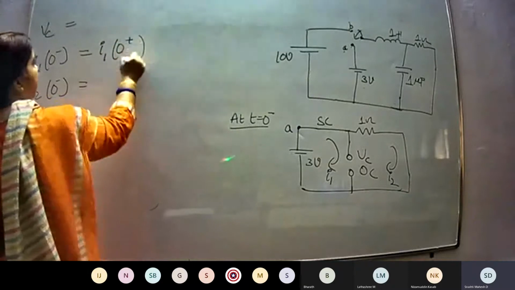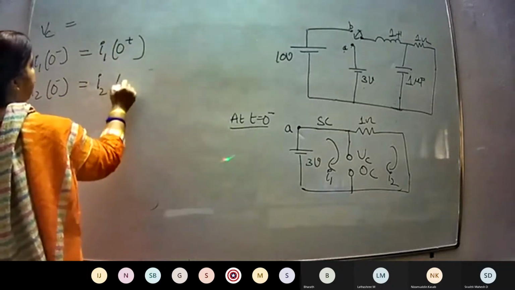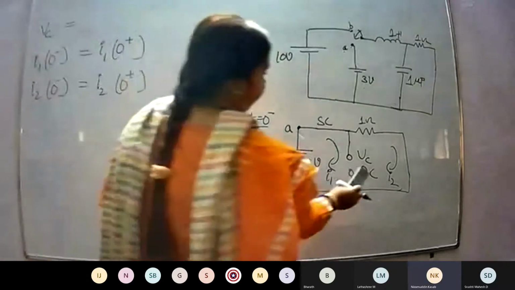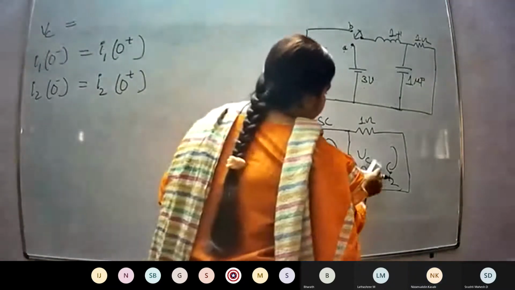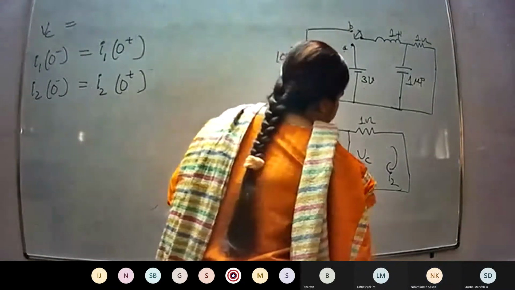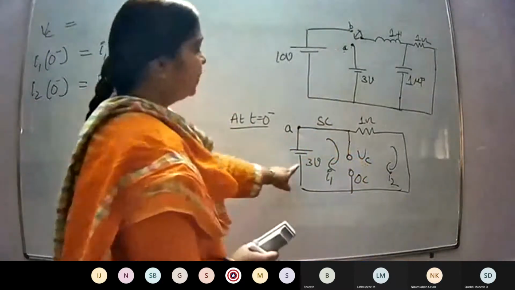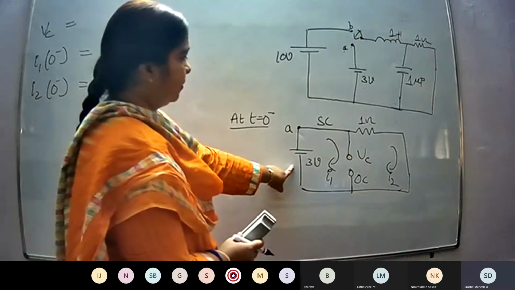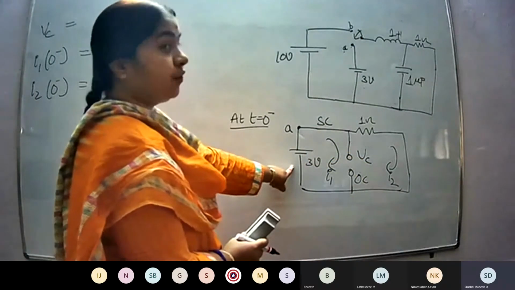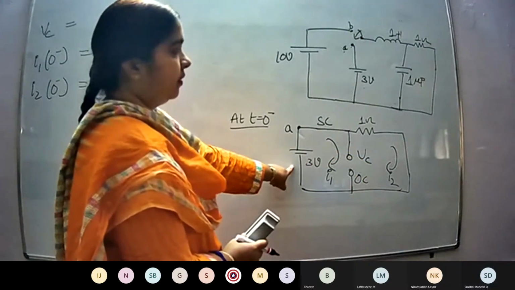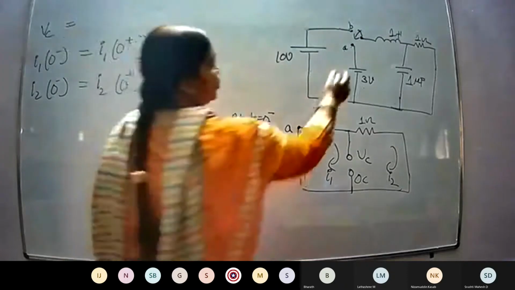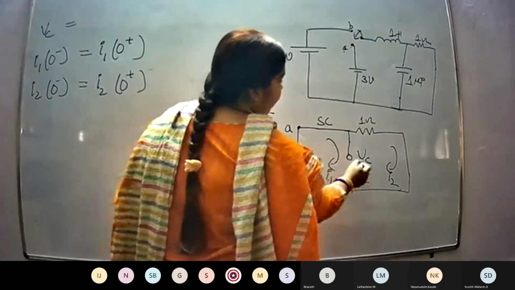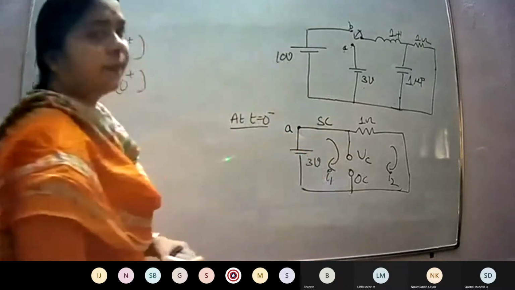10 volts, ma'am. VC is 10, ma'am. See, the voltage across the capacitor VC. Why 10? See how much is the source here? 3, ma'am. Then how much will it be? So it is not connected to position B, it is connected to position A. The voltage is 3 volts. So how much will be the voltage across the capacitor?